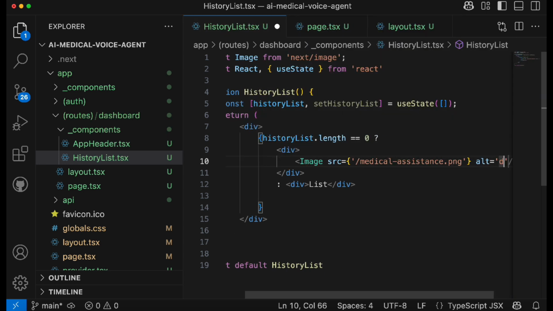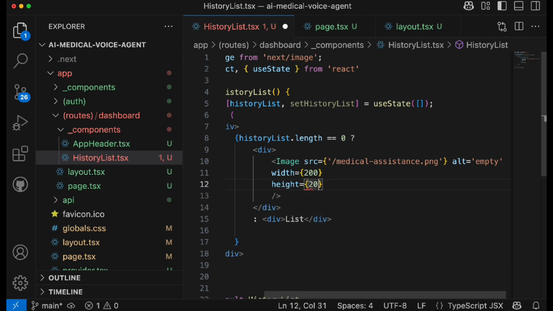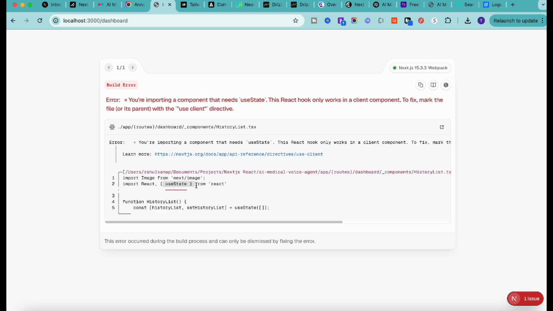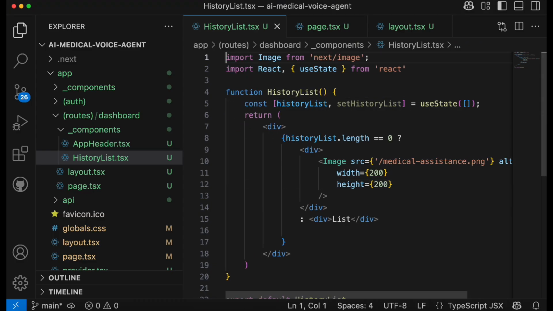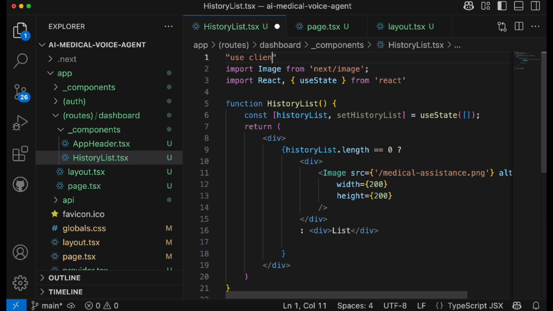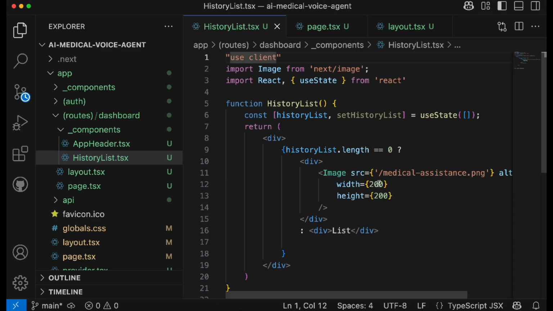Here we'll say alt empty, and then for width we'll say 250, make it 200, and for height as well I will give 200. Let's save it and let's see how it looks on the screen. As we are using useState for this component, we have to make this component client side. So I will mark this as use client. Perfect. I think let's make it smaller, it's too big, so I will make this 150,